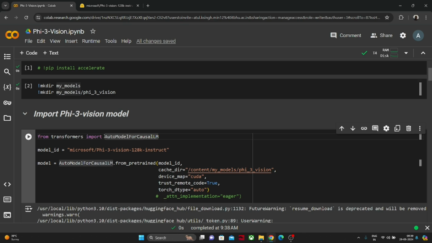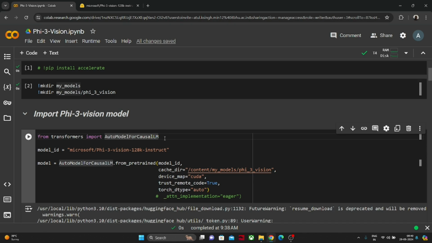It won't be able to see the tokens on its right side, or the future tokens. And masked language modeling is where the model at one step can see the tokens on both sides, and it masks a few of the tokens to predict those tokens. As this Phi-3 Vision model is a causal language modeling type of model, we are going to